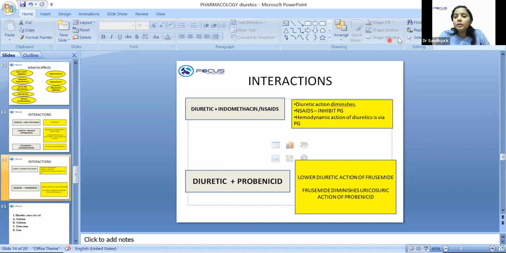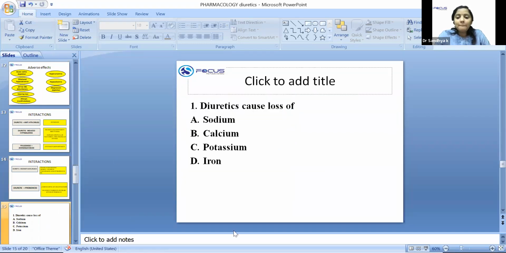So that's about the high ceiling diuretic. Now let's see the questions. We'll discuss a few questions. So please try to attempt and give the answers. Diuretics cause loss of